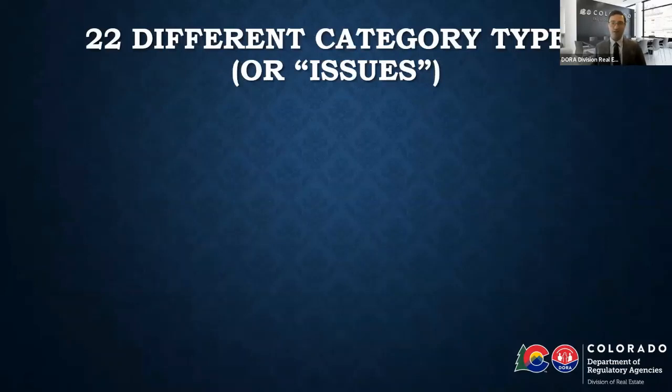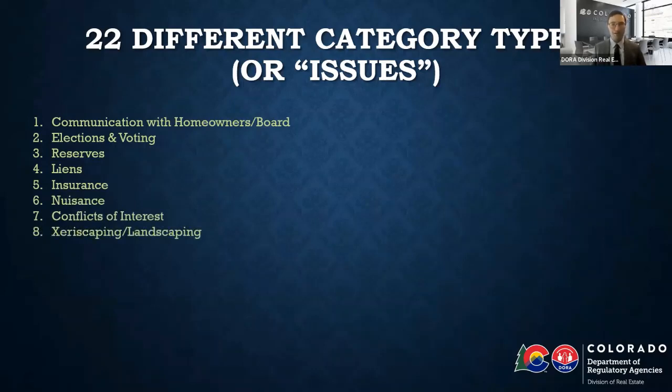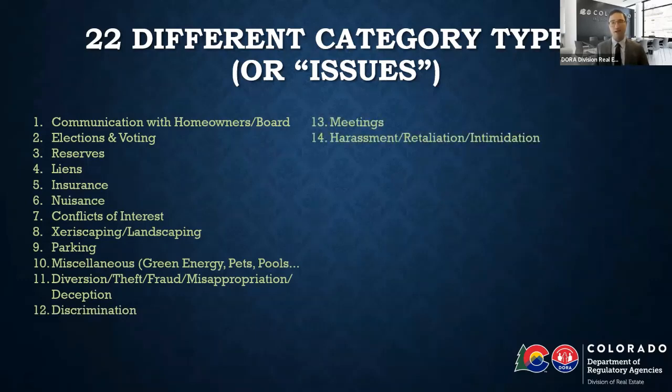So virtually every complaint that we receive in the HOA Center fits into one or more of the following complaint types: communication with homeowners or board, elections and voting, reserves, liens, insurance, nuisance, conflicts of interest, xeriscaping or landscaping, parking, miscellaneous such as solar panels, pets, or pools, diversion, theft, fraud, misappropriation, deception, discrimination, meetings, harassment, retaliation, or intimidation,